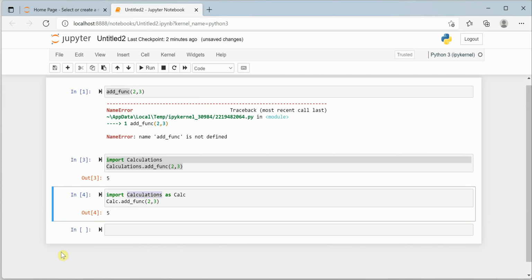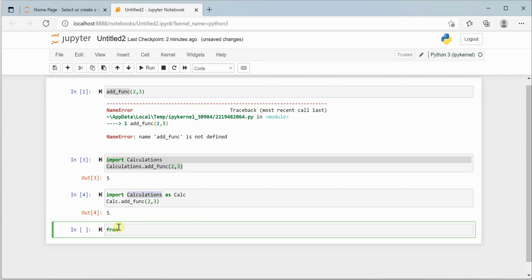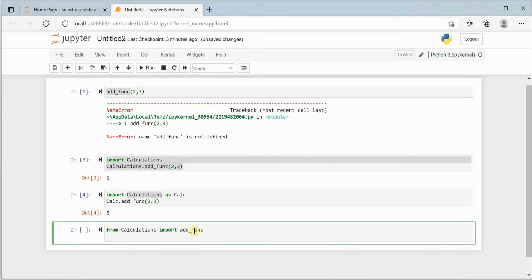There are a few more ways to call this. I will quickly show you those also. Let's try to import it this way: from your module name. Let's say in your module there are so many things and you do not want to import everything. You want only one function to be imported. So what you can do is: from is the keyword, calculations is your module's name, import is a keyword, and then define what you want to import. If you are interested in only add func, it will allow you to